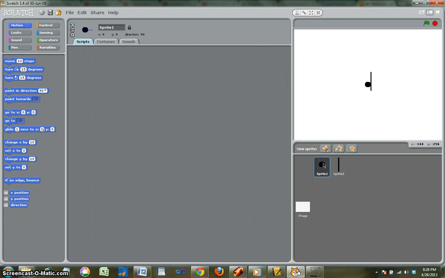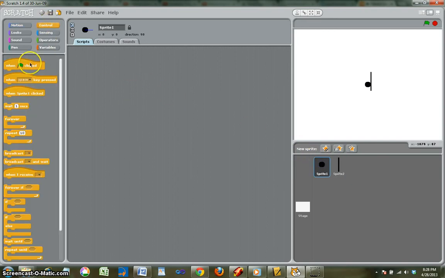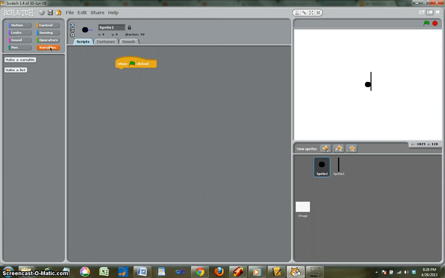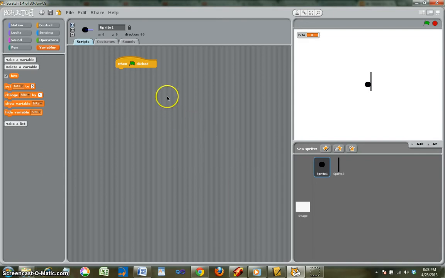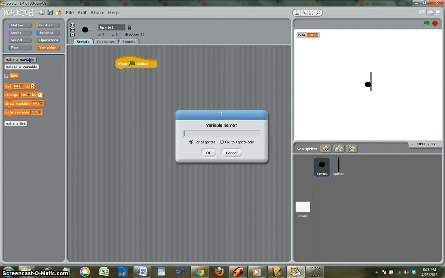So first we're going to work on the scripts for the ball, and the first thing we want to do is create some variables, and they're going to be for keeping score and for sensing where the paddle should be at all times. The paddle has to be stuck to the side, obviously, for this particular type of game. So we're going to start with making a variable called hits, and that will keep count of how many times we've actually hit the ball. And we'll make another variable called misses,